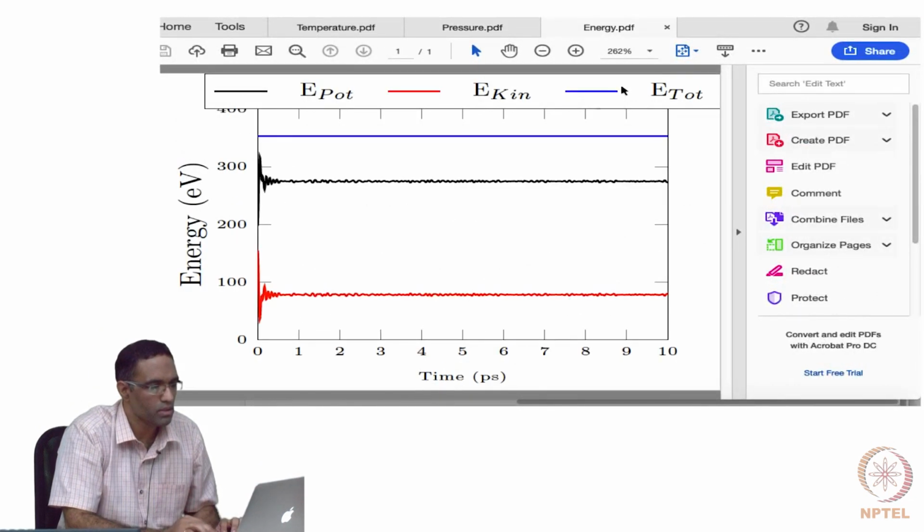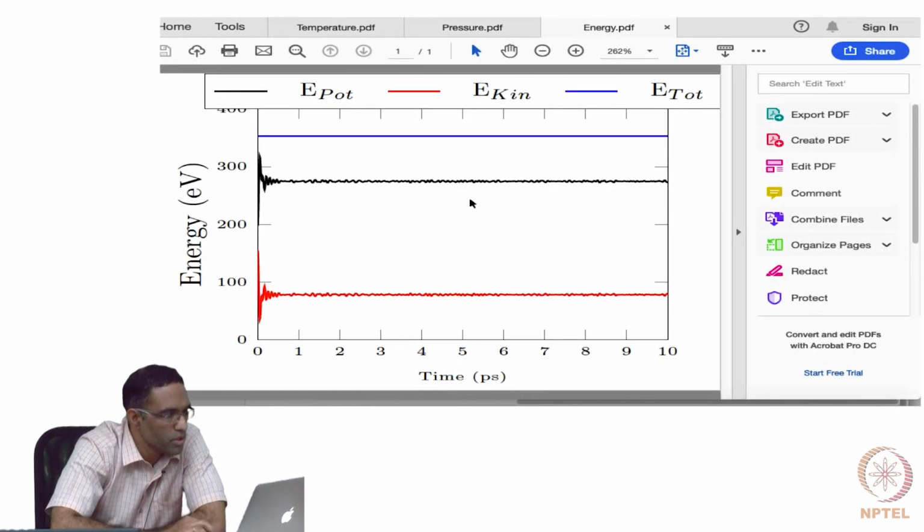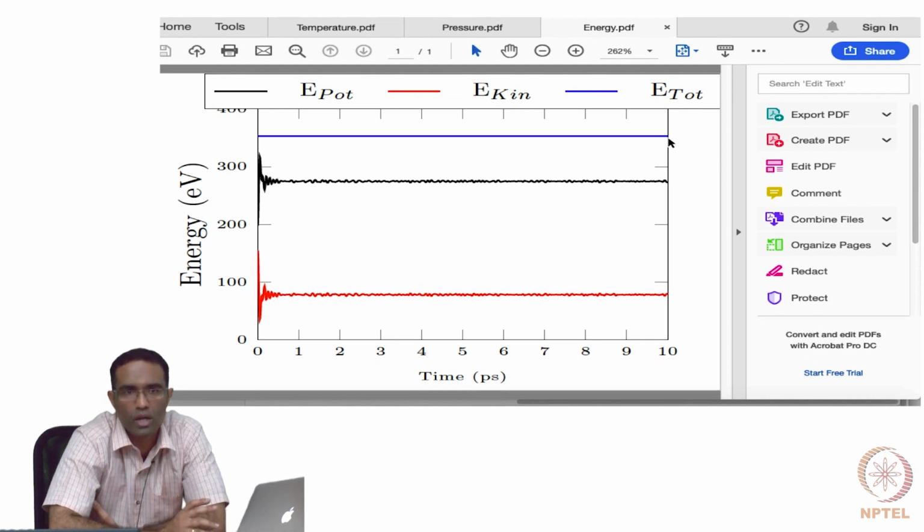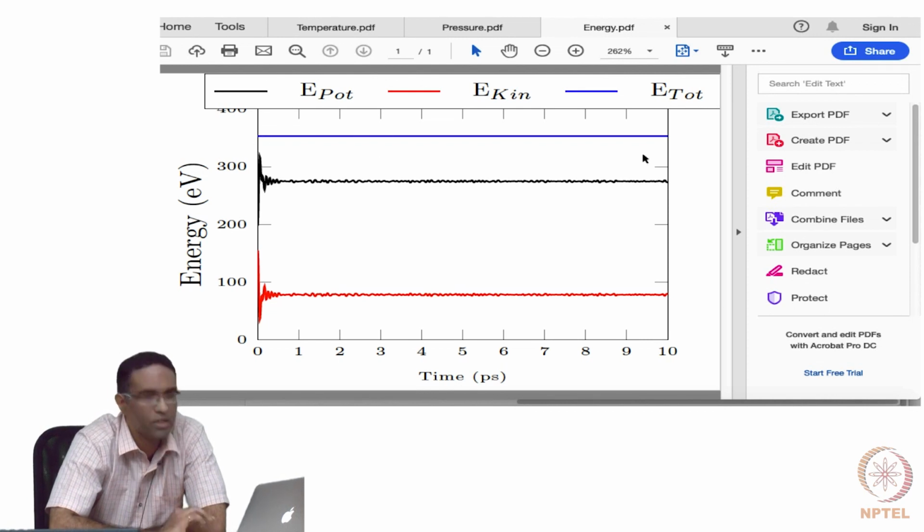If you look at the energy, this is the energy distribution. You started off with this potential energy part and this kinetic energy part. This is what you gave initially, and then it has redistributed itself between the various degrees of freedom available to the system. However, the total energy of the system is perfectly constant, because the initial kinetic energy that you gave by setting the velocities to 300 Kelvin governs the total energy of the system. So that is what it is going to be.